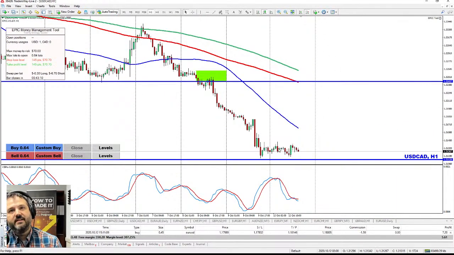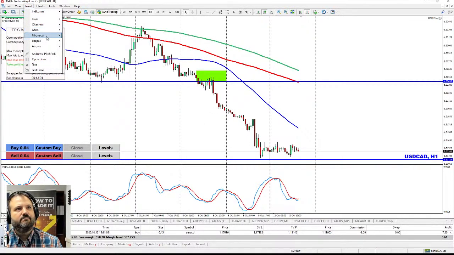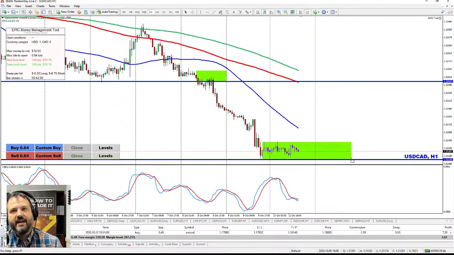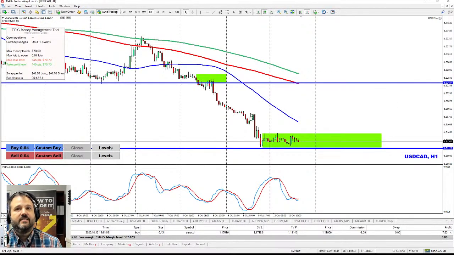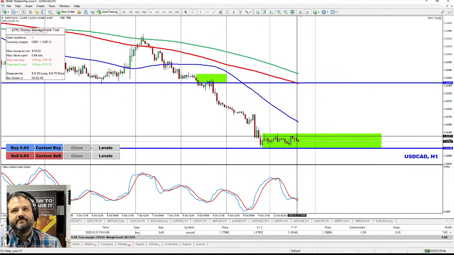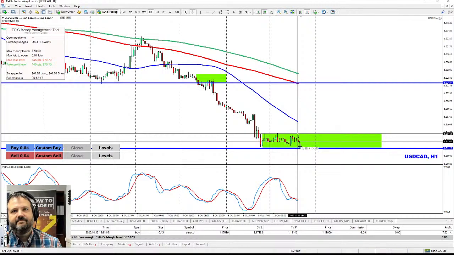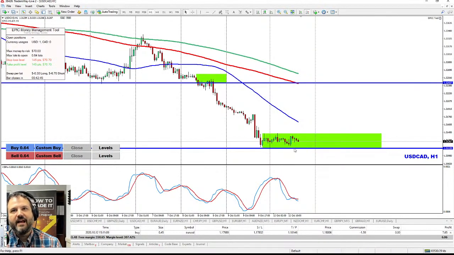So we're in a tight little range here. So I think that this would be a nice little pattern here. Anything that breaks either out of the top of this or out of the bottom would probably be a decent trade. I don't really see anything that I want to get in as of right now, but